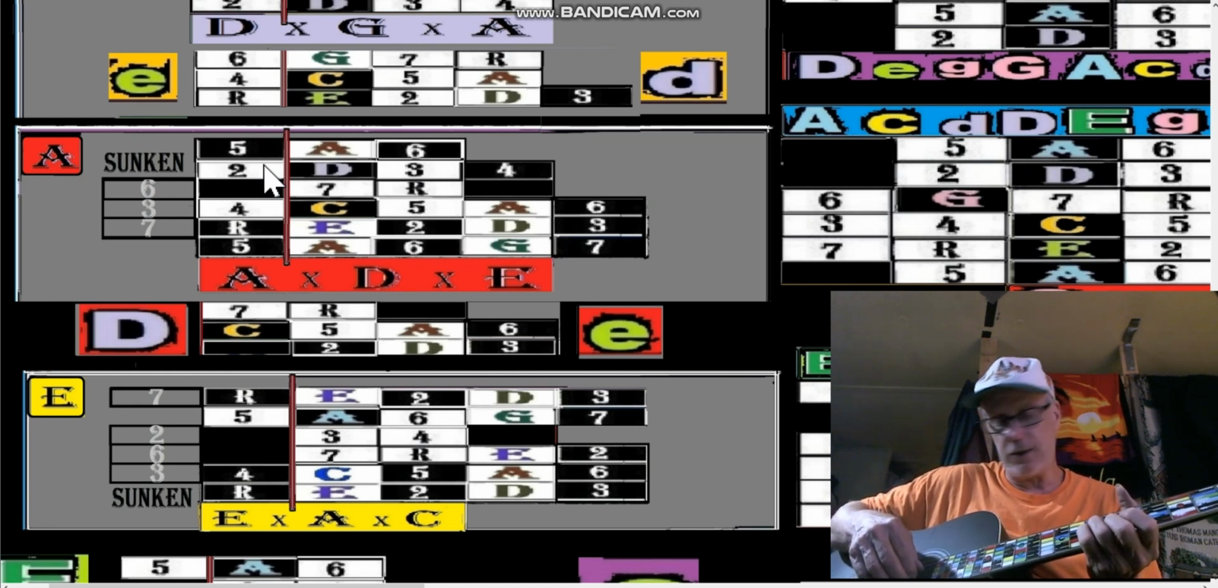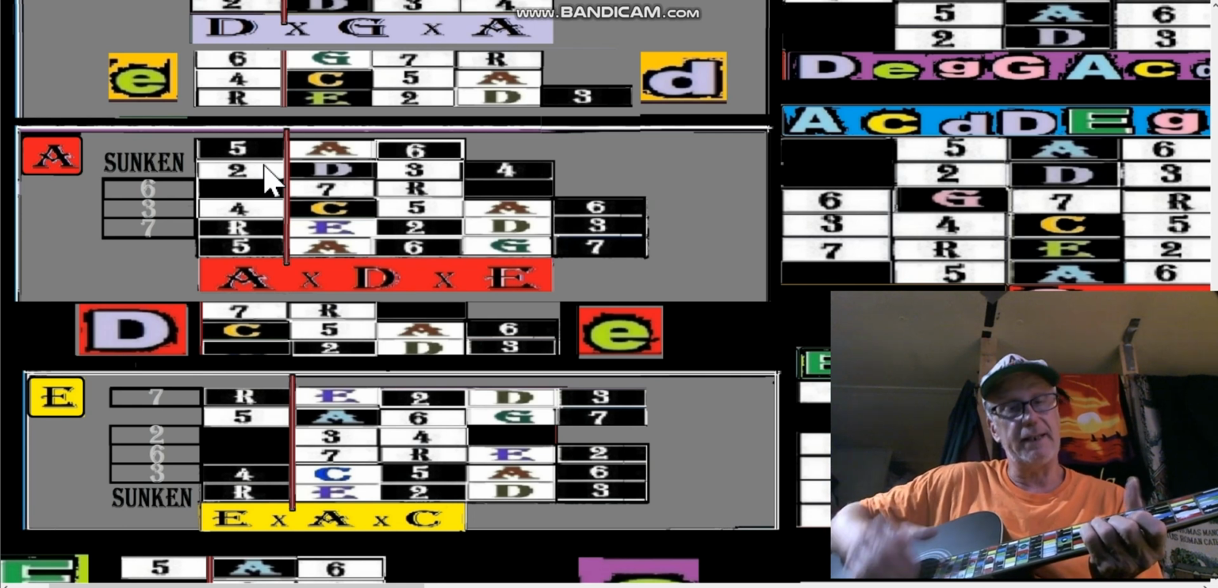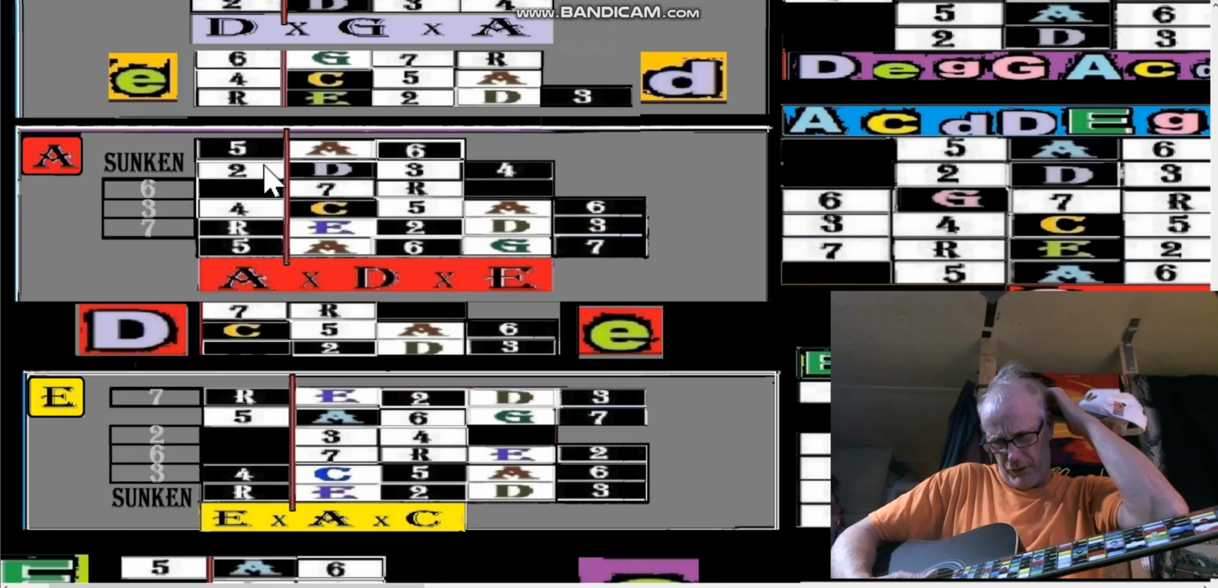But as soon as we go up to the tuning warp, that gives us our chord shapes. So since we're dealing with the